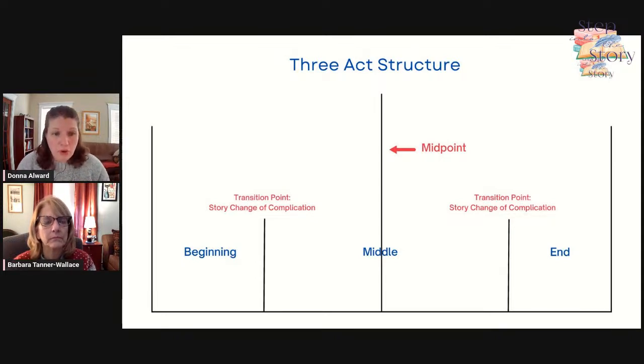So now we're into the bulk of the book, that middle 50-ish%, where most of the story happens. And this means we have a series of smaller transition points or turning points that all lead up to the next big one. And each beat, like if you call it a beat or a turning point or a pinch point, however you're used to, whatever you call it,